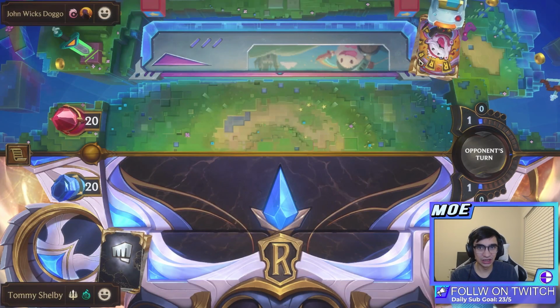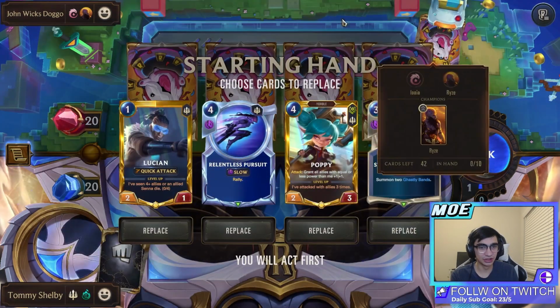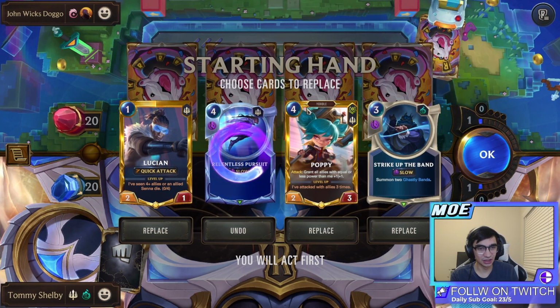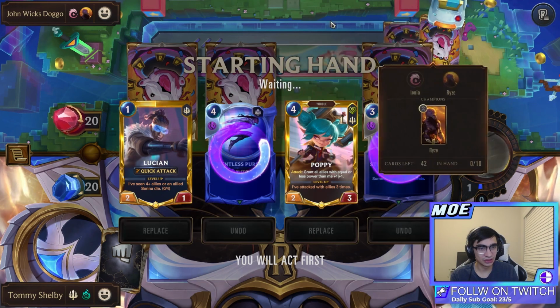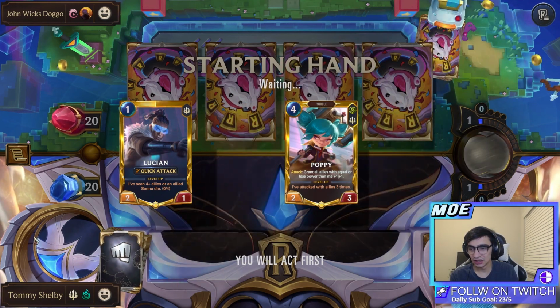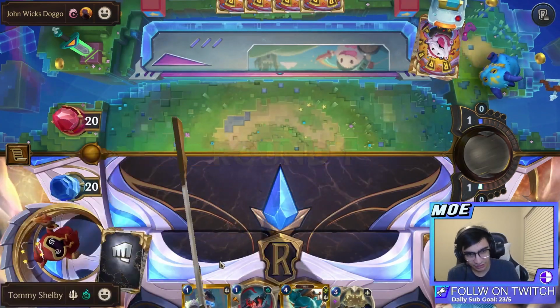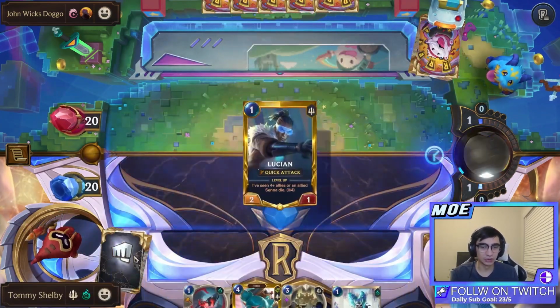So now we're against Ryze. I haven't actually ever played against a Ryze deck, I think, in my life. But apparently this deck's not bad. I think Majin's been doing okay with it. So let's see. I mean, yeah, let's just see how it goes. This hand's not too great. Maybe I could have kept the Strike Up the Band, but I was kind of worried about...